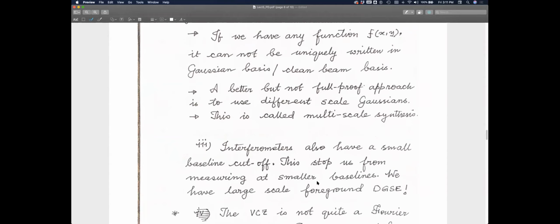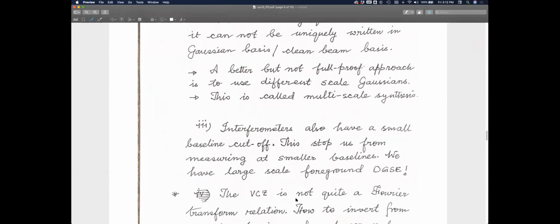And that you should already know if you have done the harmonic oscillator problem, because you know the basis of the harmonic oscillator wave function are Gauss-Hermite polynomials. So a good basis is a Gauss-Hermite basis using which you can represent any function. But if it's only Gaussians, you cannot do that. So definitely there is a problem. You are trying to write your sky as a linear combination in a basis which doesn't work as a basis.